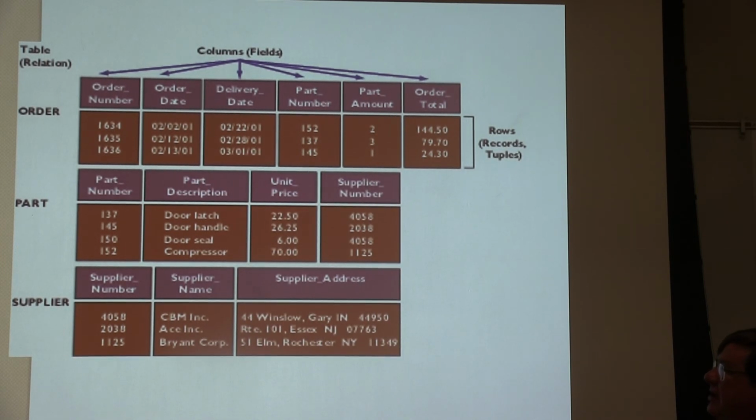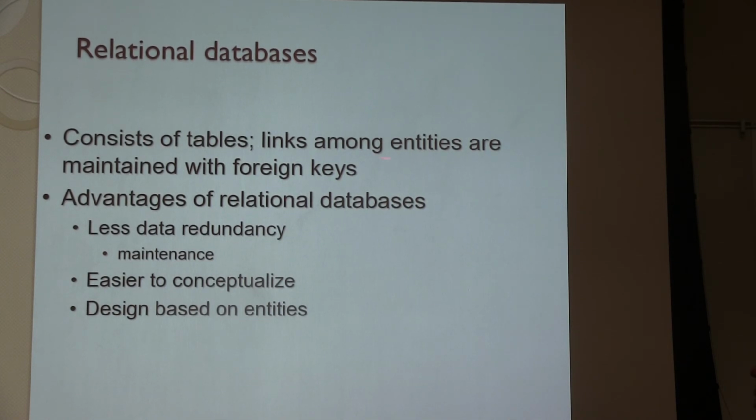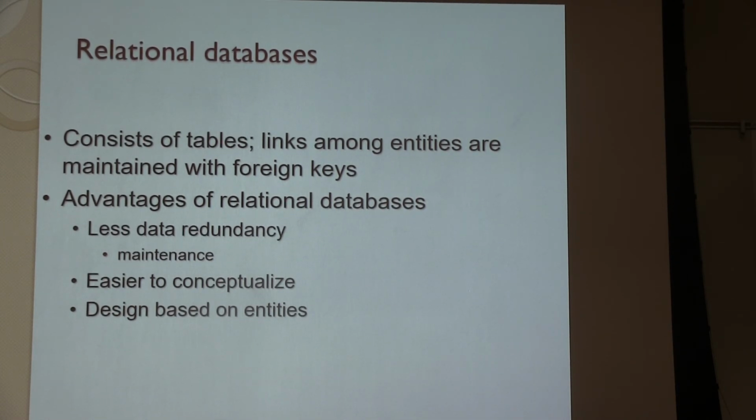So this is how the system works, right? Primary key to foreign key. We're going to hit this again, but this is important. So, what's a relational database? It consists of tables, right? And these links are maintained with primary and foreign key links. The advantages of relational databases. We have less data redundancy, right? Instead of putting,